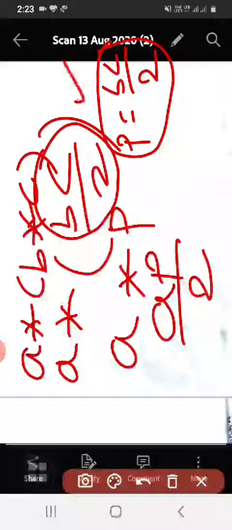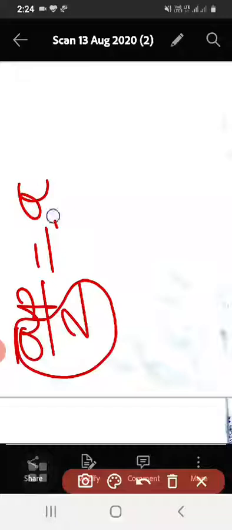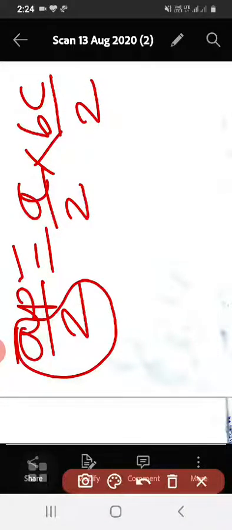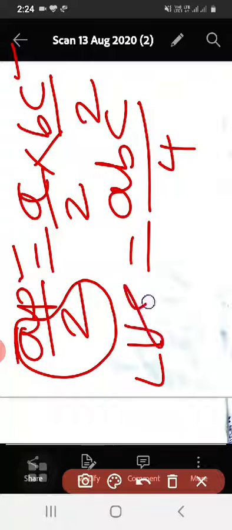Okay, I will continue to the next step here. From this I will continue AP by 2. So what is AP by 2? I got AP by 2. See, this A by 2 I will write as it is, A by 2. So what was my P here? P means BC divided by 2. I will replace this one. So I can multiply this, ABC divided by 2 into 2, what? 4. So this is my LHS, ABC divided by 4. I think you are understanding. Okay, ABC divided by 4.